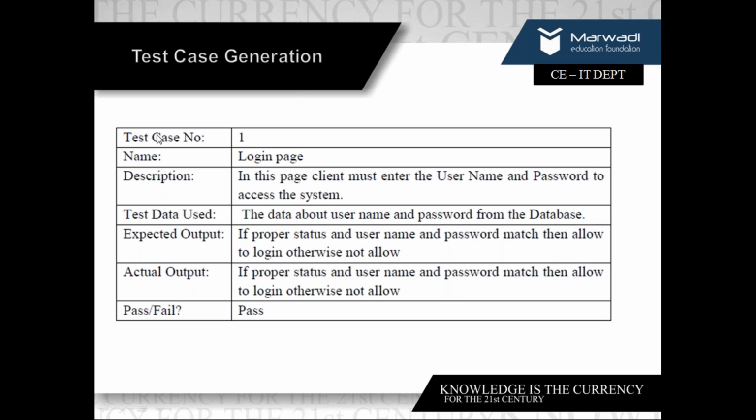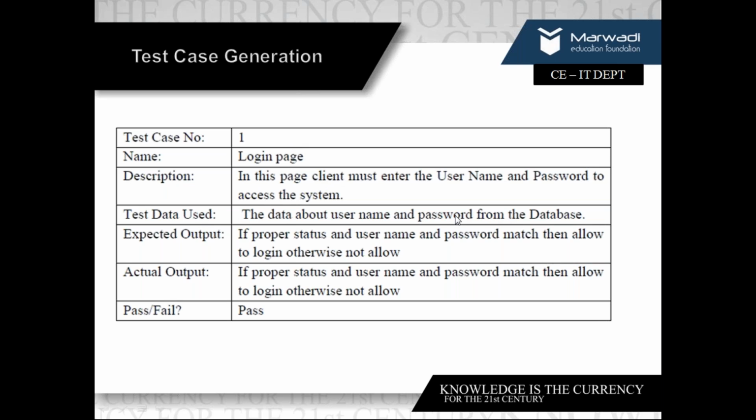I will number them. Name: which page am I testing? You understand pages, right? Login page, registration page, and so on. So if I'm testing the login page, I'll write the description here. Does my login page comprise only user ID and password? Does it include biometric testing? Does it require my mobile number checking also, for a few seconds only, because it may be possible I take an OTP or code from somewhere else? So am I coding for that? You'll write the description here.